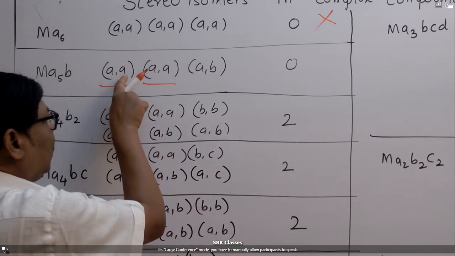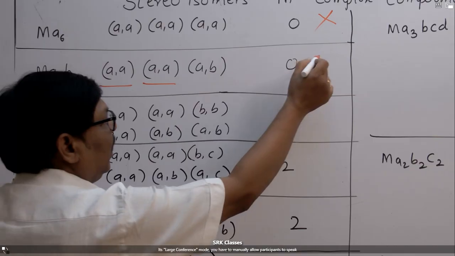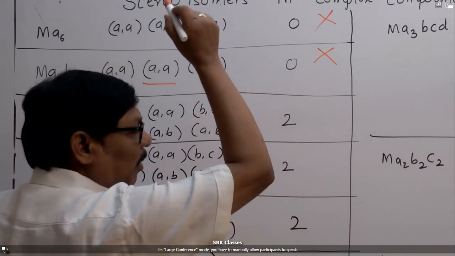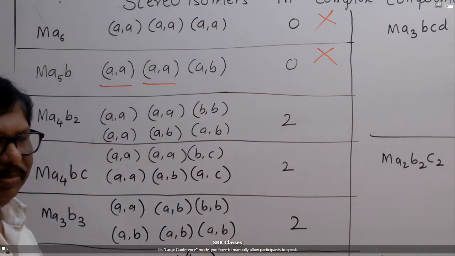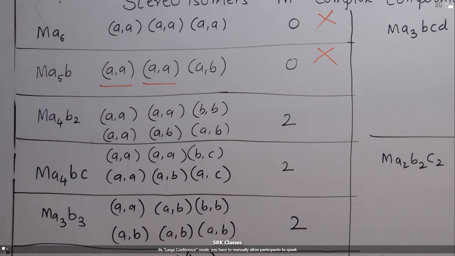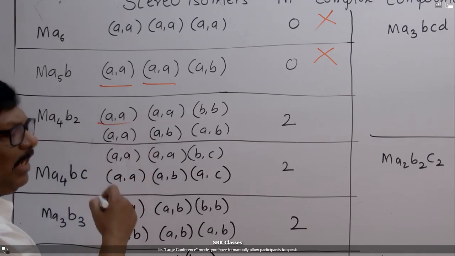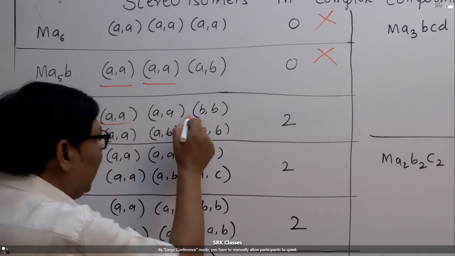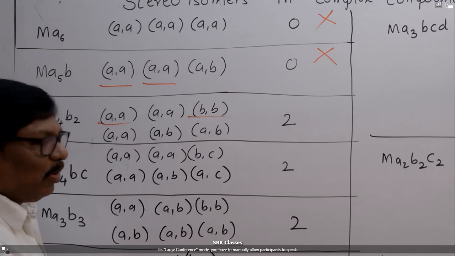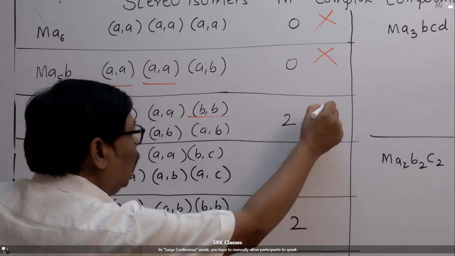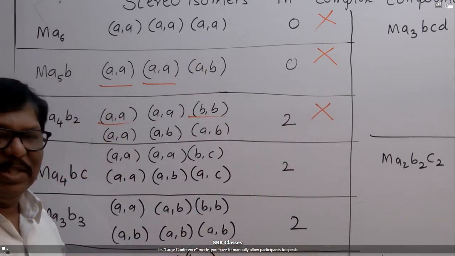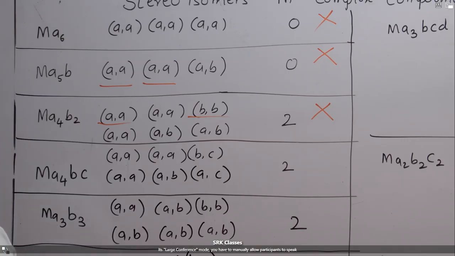Therefore, here also similar type of ligands are present. Therefore, it cannot show optical isomerism. The second one is also wrong. Now go for the third one. Now you have to answer. Will it show optical isomerism? Check identical ones. Yes. A and A is identical, cannot show optical isomerism. Even B and B is identical, cannot show optical isomerism. Therefore, the third compound, though it forms two geometrical isomers, both cis as well as trans, both are optically inactive compounds.